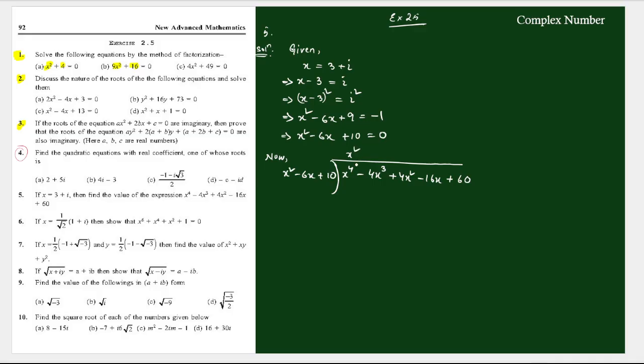So this will become x2, x4 minus 6x cube plus क्या है 10x square, है ना, तो ये तो काट गया, this becomes 2x cube, and here we have got 6x square minus 16x plus 60, है ना, so क्या आएगा plus 2x, so this becomes 2x cube minus